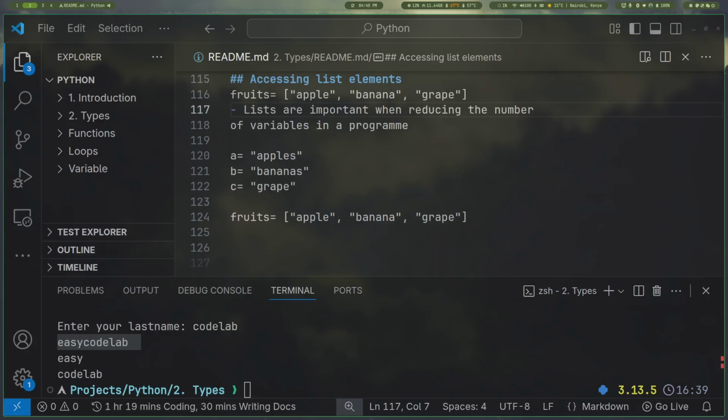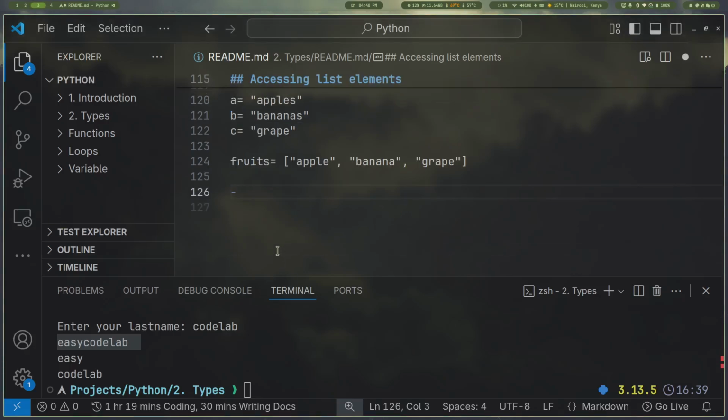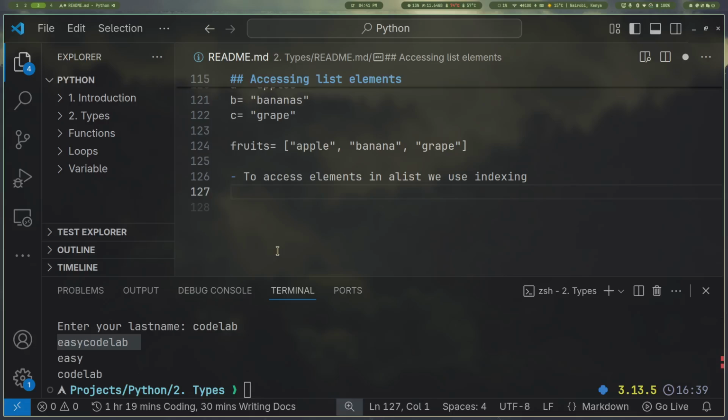Individual list elements can be accessed using indexing. So if we want to access elements in a list, we use indexing. That's how we're able to access each of the elements, the first, second, or third. We're able to use indexing using either 0, 1, or the rest. Now, a list index